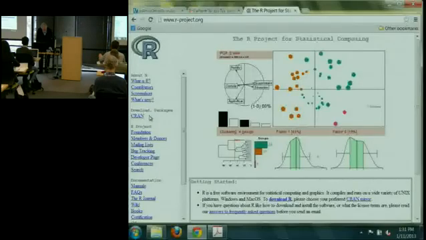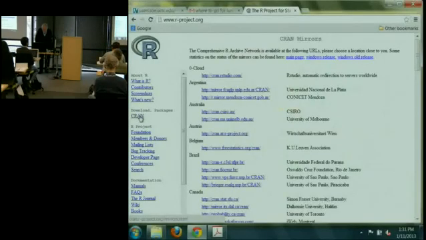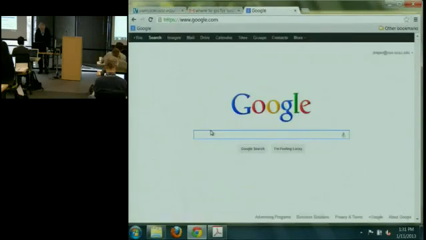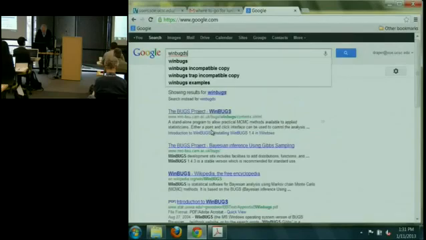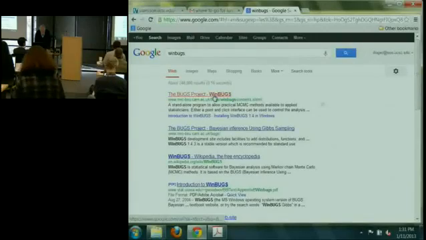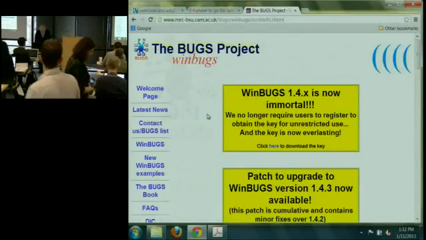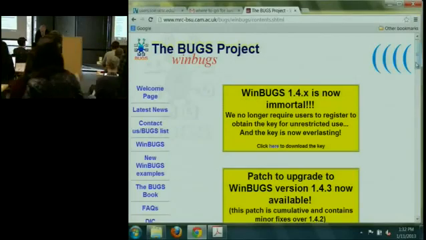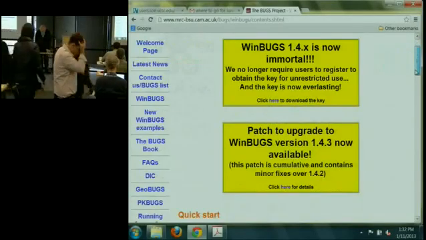useful things written to a high standard of code that are all posted for free at this thing called CRAN, which stands for the Comprehensive R Archive Network. And there's a search capability, so you can go to CRAN and type in what you're searching for, and you'll find all the functions that are, if any, available there that will help you with that. And then if instead you type WinBugs, all lowercase is just as good as anything else, you get to the Bugs project, WinBugs, and you will see that they have various things, including downloads and discussions of